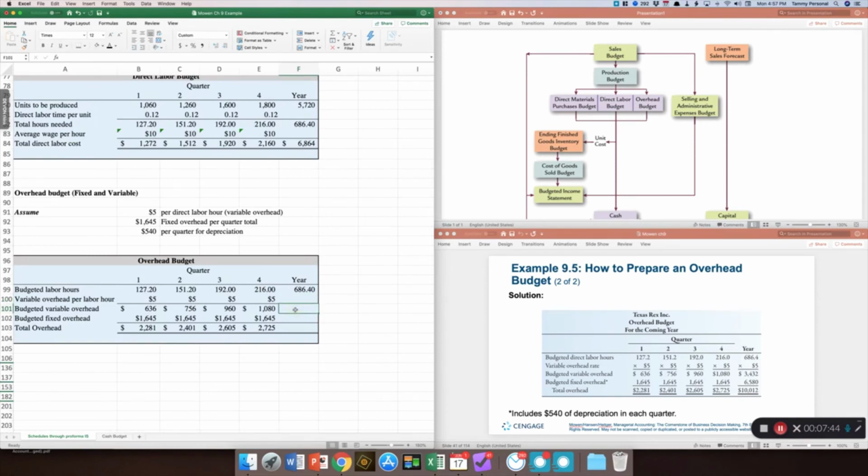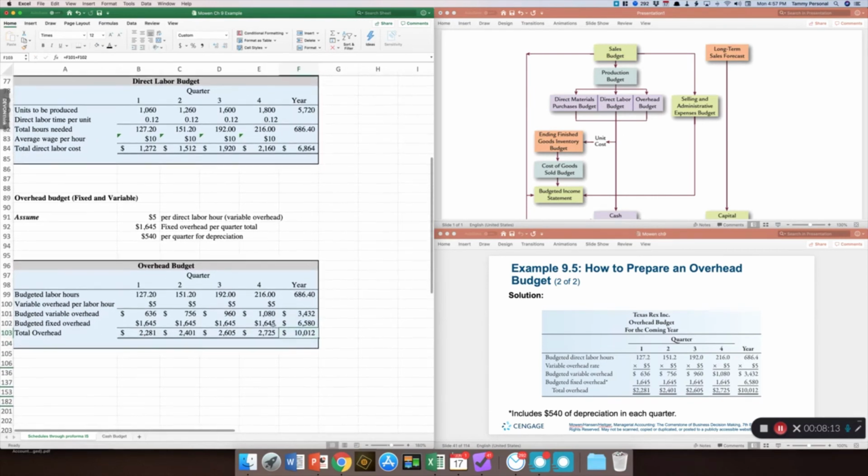Our total variable overhead is going to be the sum of this row here, 3432, and our fixed overhead, we can use the autofill here. And so then our total is going to be 3,432 plus 6,580 is